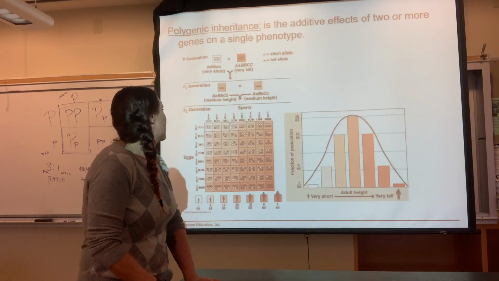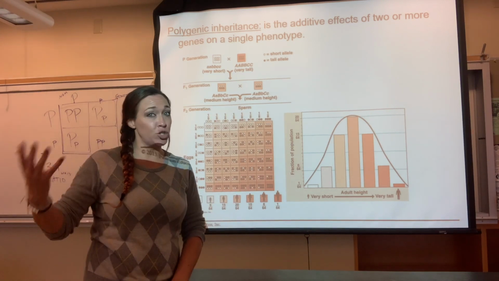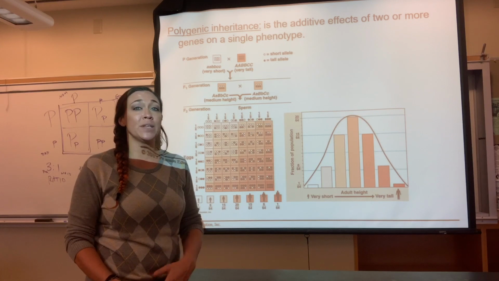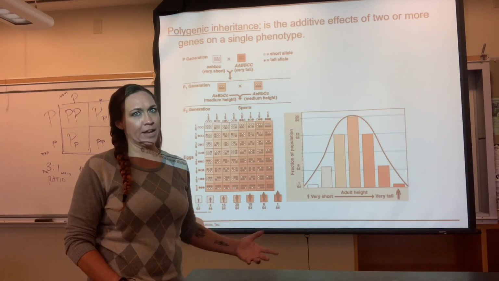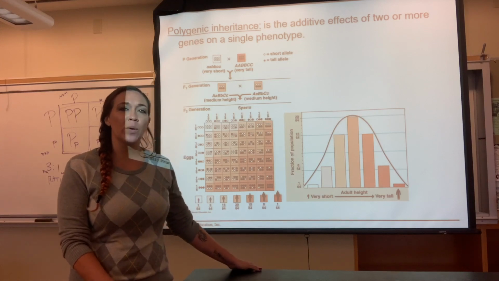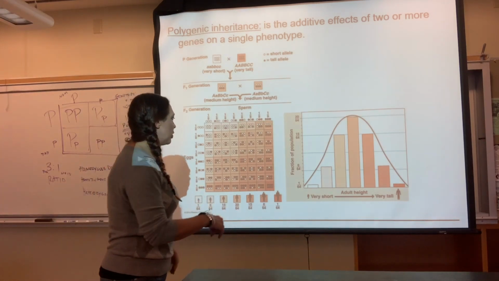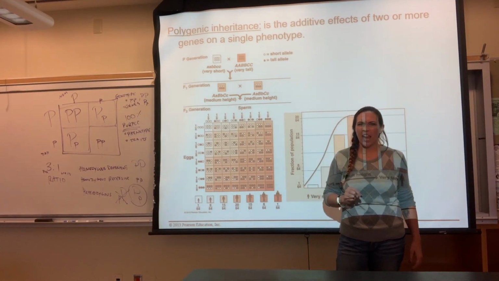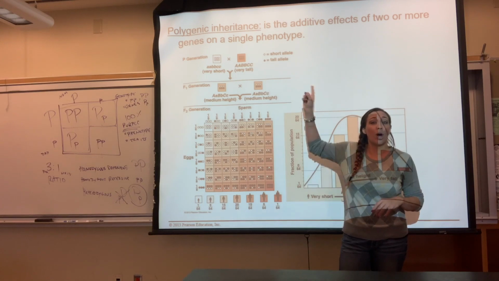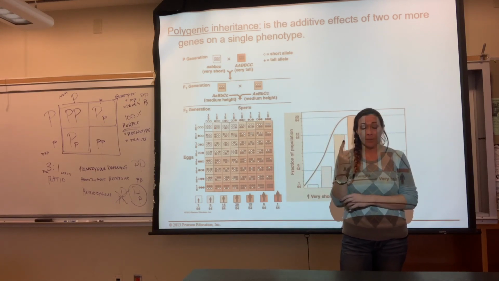That is the opposite of polygenic. Polygenic, poly means many, genic means genes. So in this case, something that is polygenic means that many genes are affecting a single trait. And this is where we get things like skin color and height. Okay, so in this case, we're going to be talking about height. And there's about 8 different genes that affect your height. 8 different genes, hence polygenic. Many genes are affecting one trait, your height.